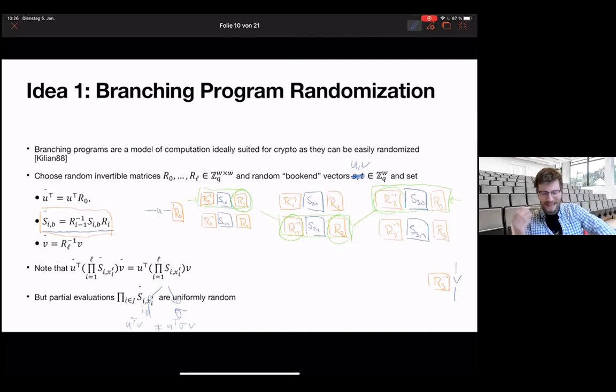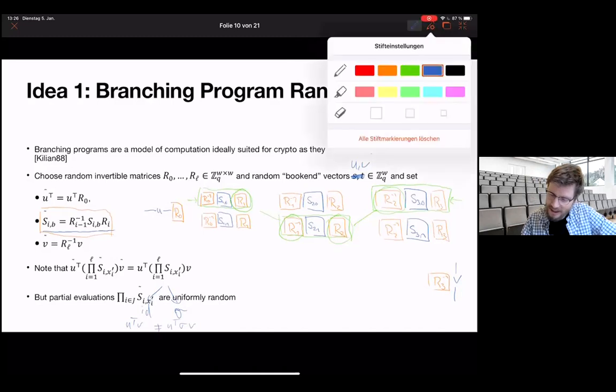the nice thing now that this randomization guarantees us is that if we compute a partial evaluation, that is without going front to back, without computing the program completely, then in these partial evaluations,